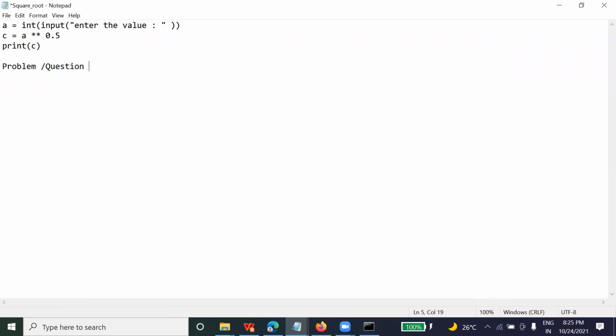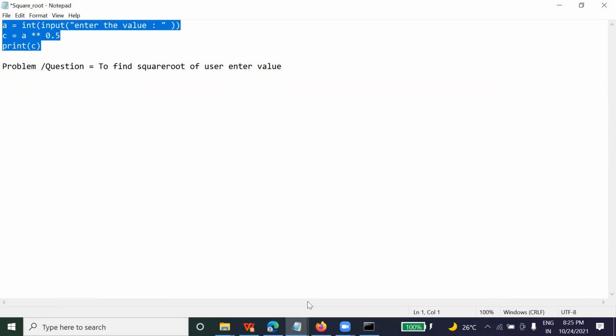In programming, we call it a problem: to find the square root of a user-entered value. This was the question here. So what program are you going to write? This one. Now, am I clear to you about what Python programming is and how we write a program?